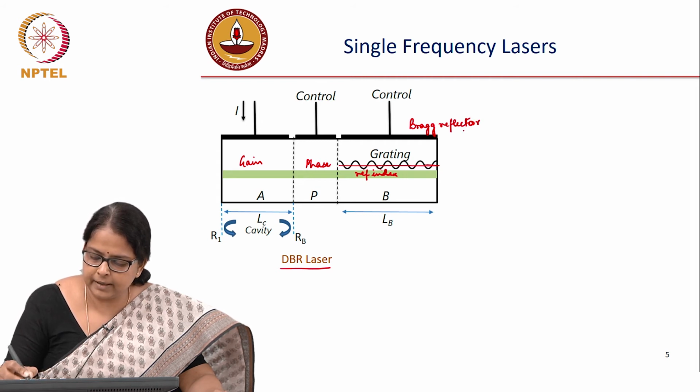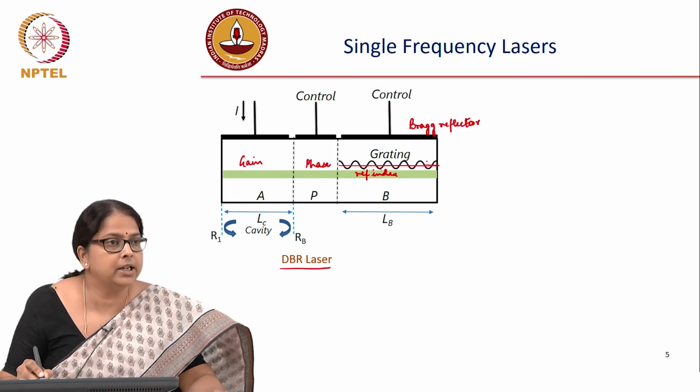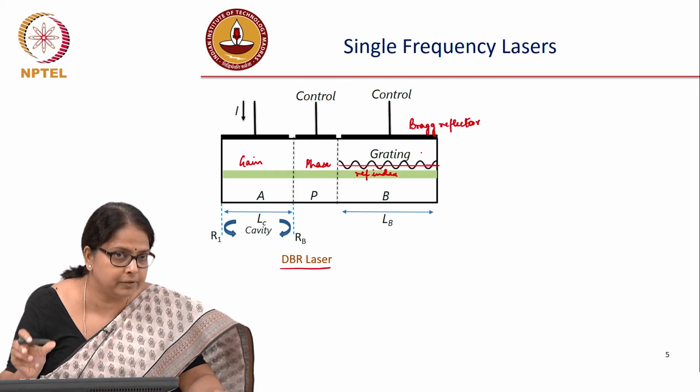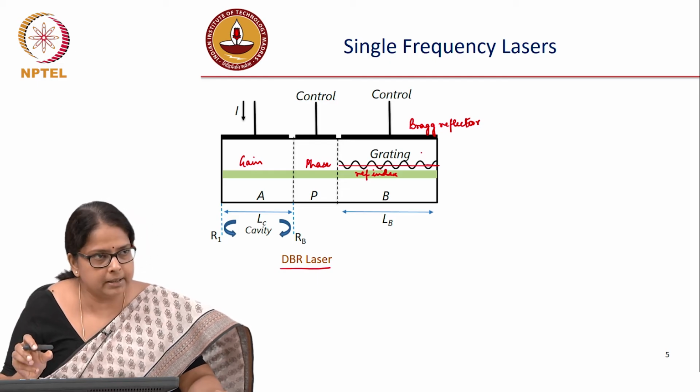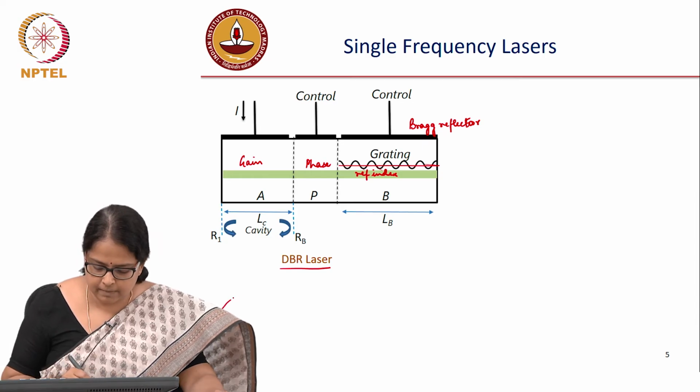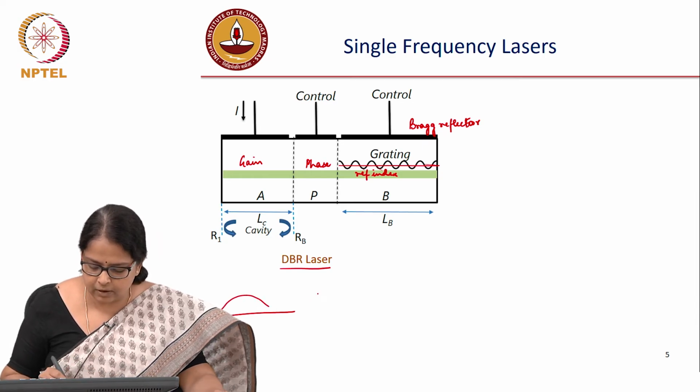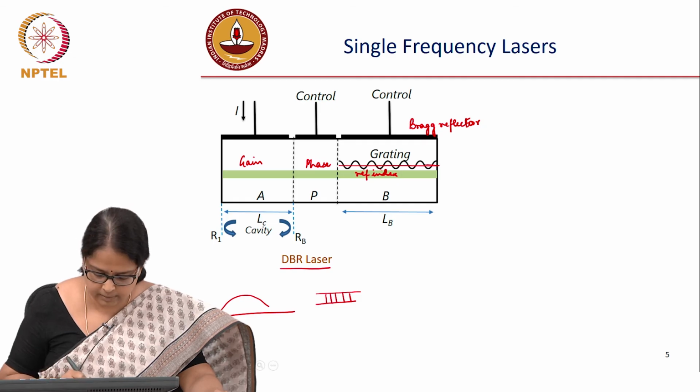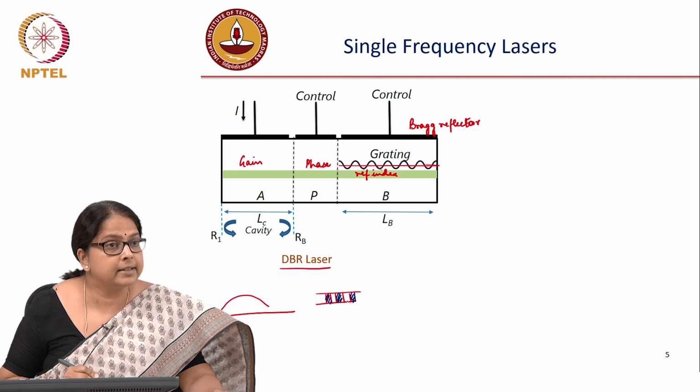A Bragg reflector is a device or a system where you create a periodic change in refractive index along the length of the fiber or the semiconductor. When a broadband source is incident on a section, you can mark it like this: high index, low index, high index, low index, high index, low index, kind of a structure. That is what it is here.